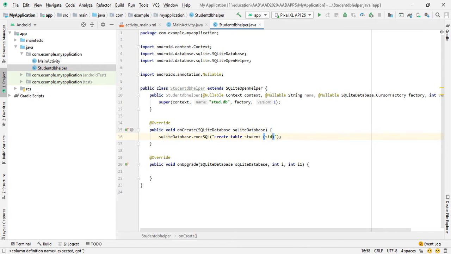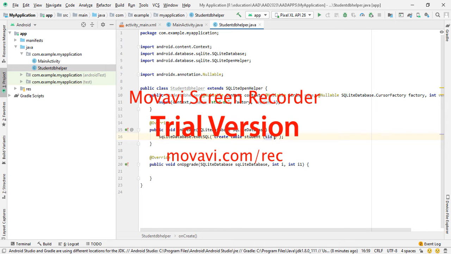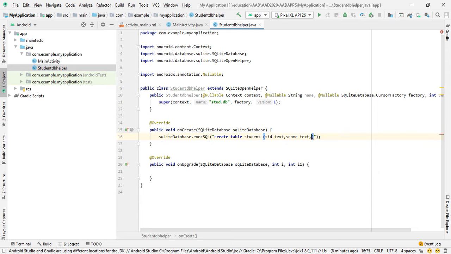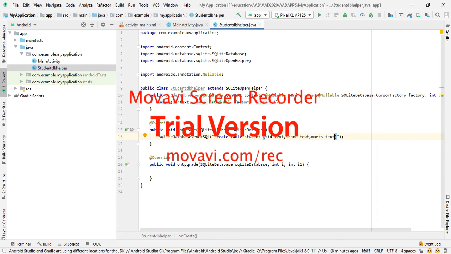So first attribute is SID, data type text. SName for student name, data type text. And marks, again we take data type as text.